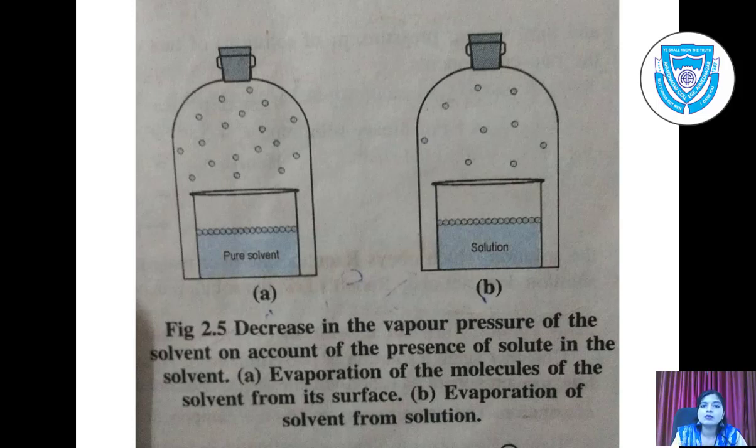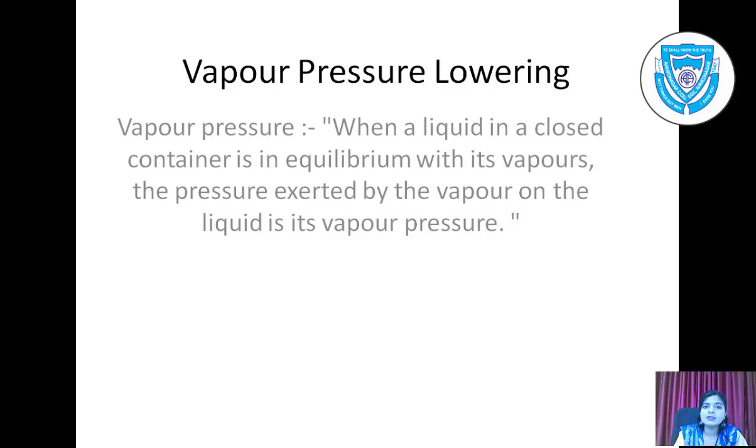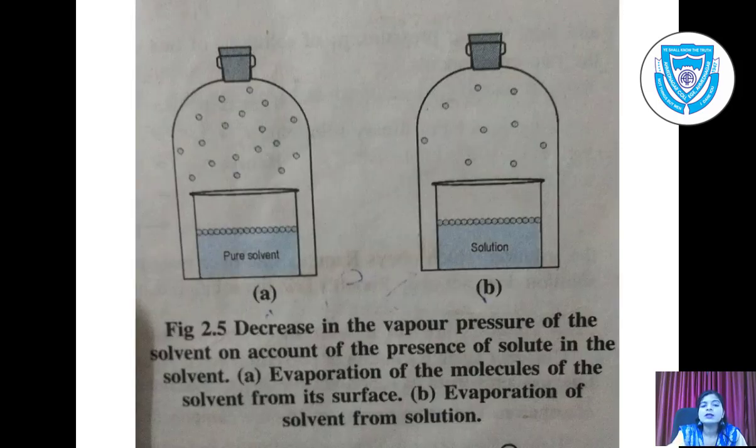Now one more important thing I want to tell you. In the definition we have seen the word equilibrium. What is equilibrium? Now there are two phenomena, that is evaporation and condensation. When the liquid gets evaporated, that is vaporization taking place. Whereas when these vapors come back into the liquid state, it is called condensation. A time will come when the rates of evaporation and condensation are equal. For example, if 50 molecules get evaporated, 50 molecules will get condensed. This is called equilibrium.